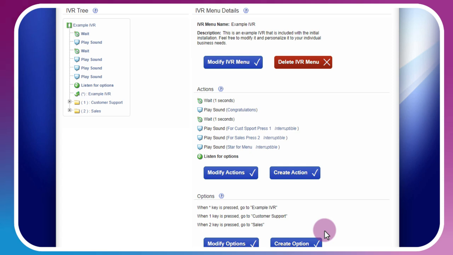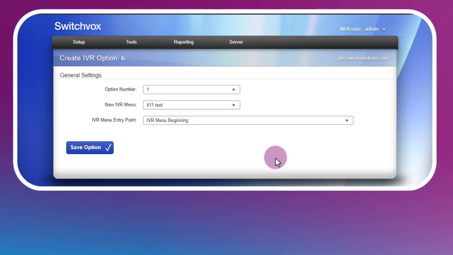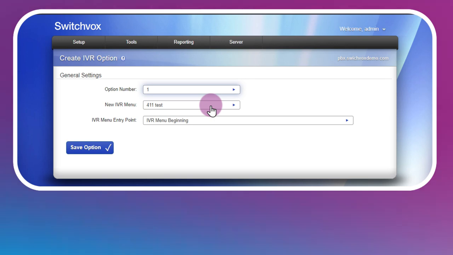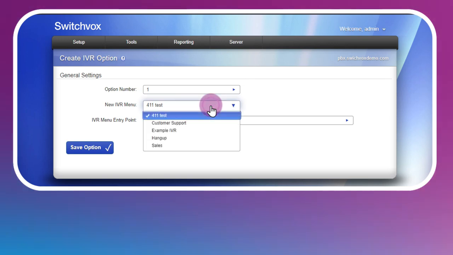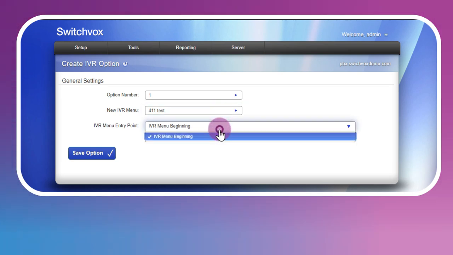Now we'll step back for a moment here. Now, IVR options are actions that are taken when a caller presses a key or digit on their dial pad from 1 through star. So that could be pound and any digits as well as star. Under the options section of the example IVR, we're going to click the create option button to view the available options. The setup consists of the digit to be pressed over here, which IVR they'll be routed to, and where to insert the option in the IVR flow.